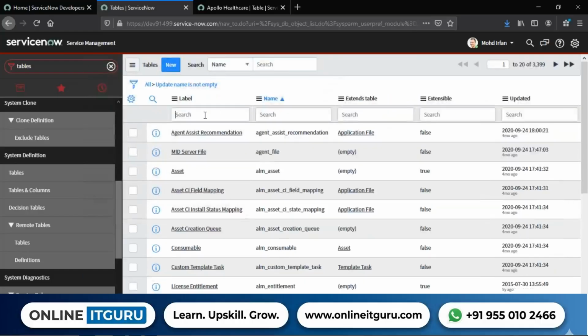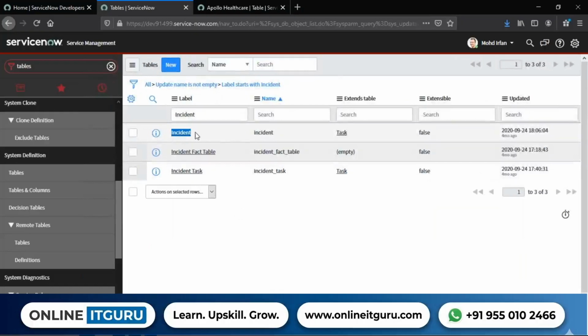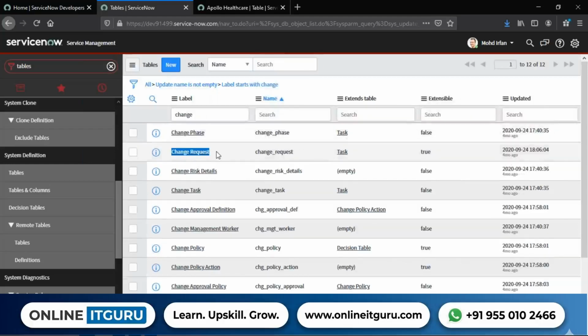you can see incident. This is the incident table, this is the display name, this is the database name, and it has been extended from the task table. And let's go for change. Now I can see change request. This is the display name, this is the database name, and you can see this is created from task. Now if I click on task,